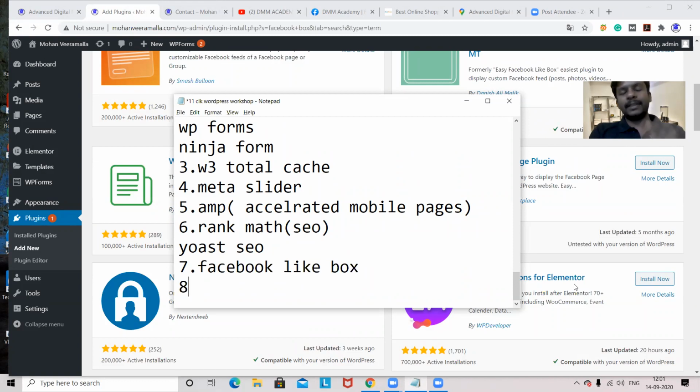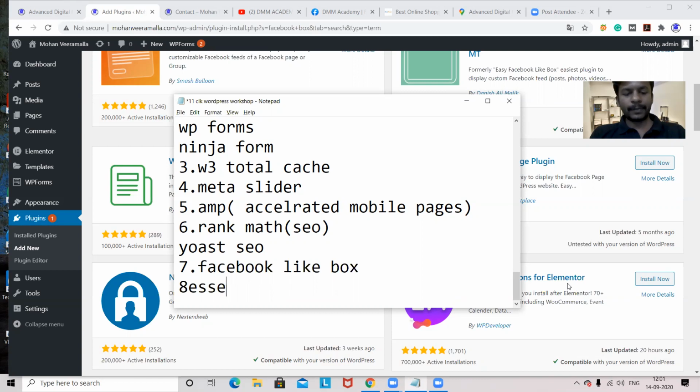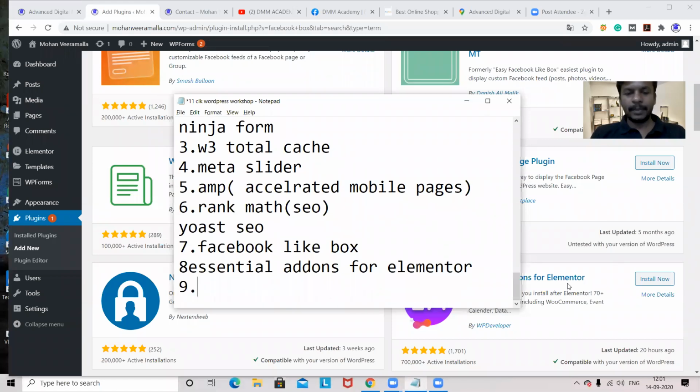Yes, this client wants this kind of thing. Then what you'll do, you'll go here, you'll search for that kind of design. Is that available or not? Or are that kind of plugins available or not? You'll be finding it here. If you are having only Elementor, you can see only fewer options. If you have some property like Essential Add-ons for Elementor, that means some add-ons will be added to Elementor. Okay, so you can take this plugin also, Essential Add-ons for Elementor. Okay, this also you can use. And the ninth plugin.